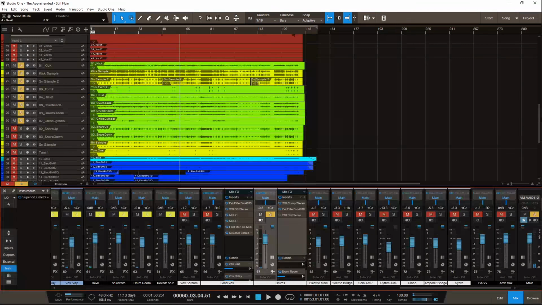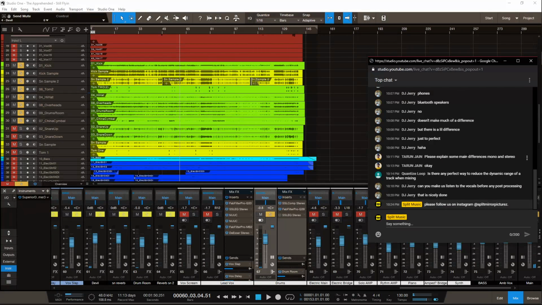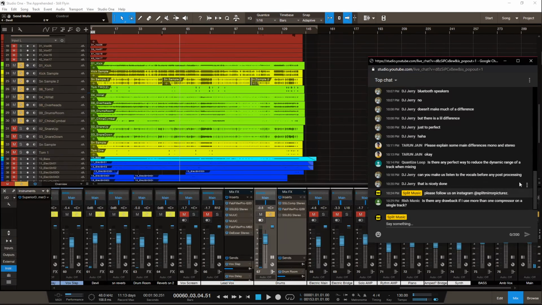All right. I think there are some questions that I haven't answered. Yeah, quantized loop, if you could elaborate your question, I'll try to answer it. I didn't understand you at all there. Is there any perfect way to reduce the dynamic range of a track? To reduce the dynamic range, are you talking about? Is there any drawback if I use more than one compressor? No. There is no drawback as such, but